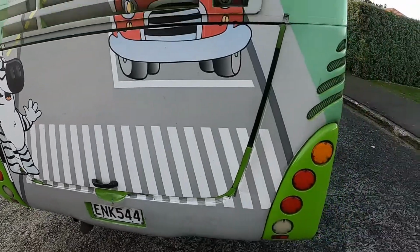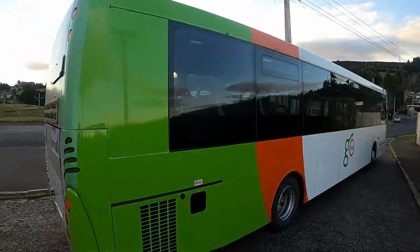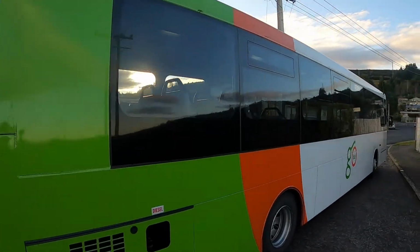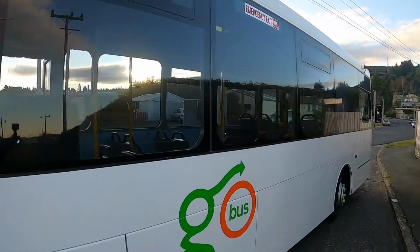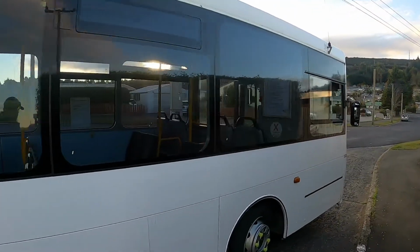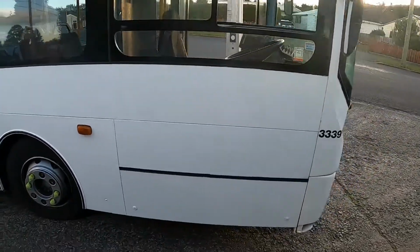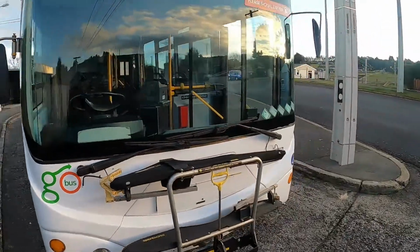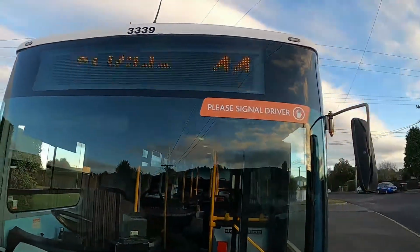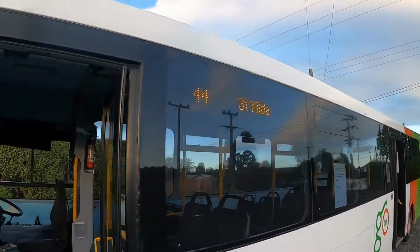Now these MANs in the GoBus fleet are Designline built buses, from Ashburton, New Zealand. Really big overhang at the front, bike rack on the front there, pretty standard stuff. These older ones have got the orange display for the routes,